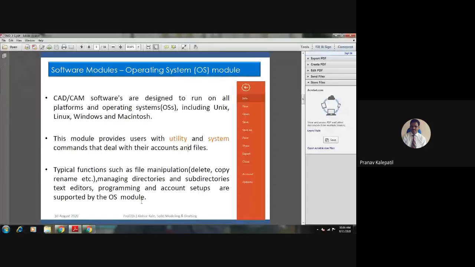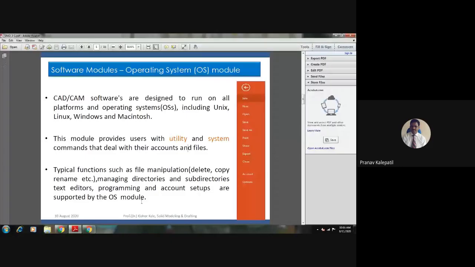Suppose you are talking about a vehicle: you may have the transmission system, then the gearbox, then the chassis. Again in the gearbox you may make another folder, and you can save the drawings or models you have created in those particular subdirectories.